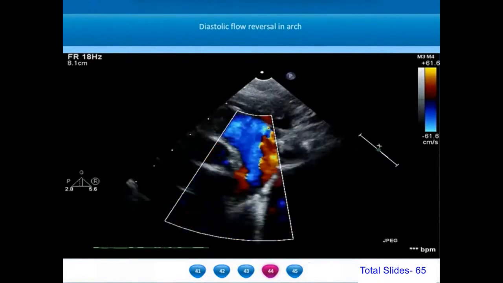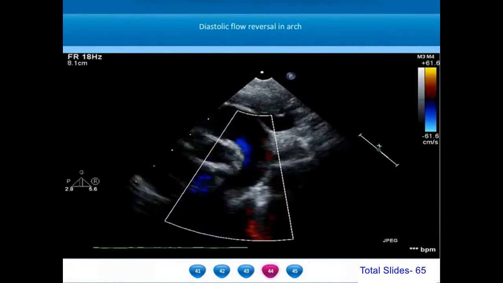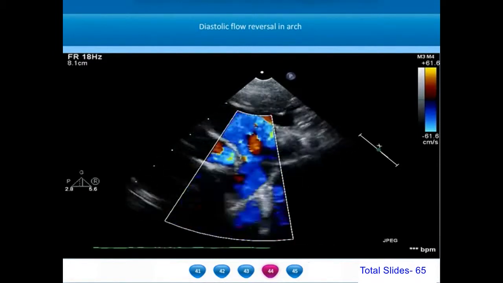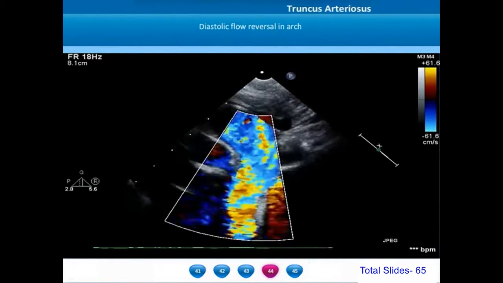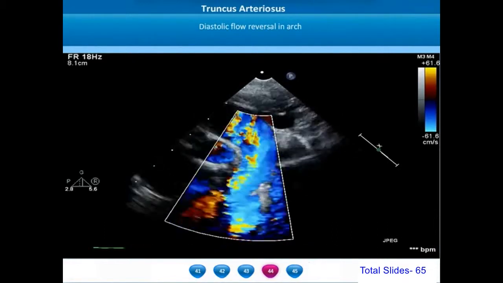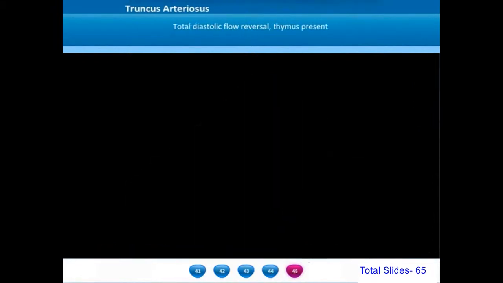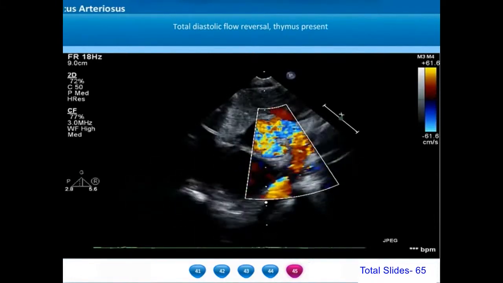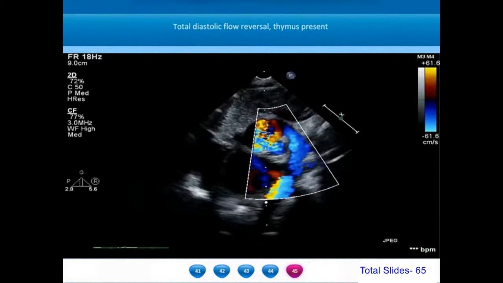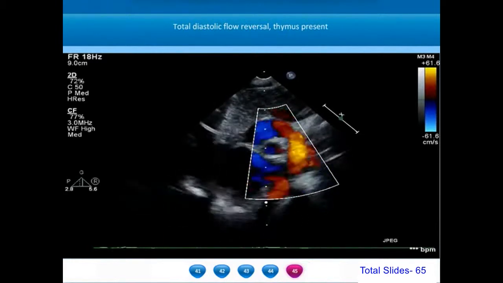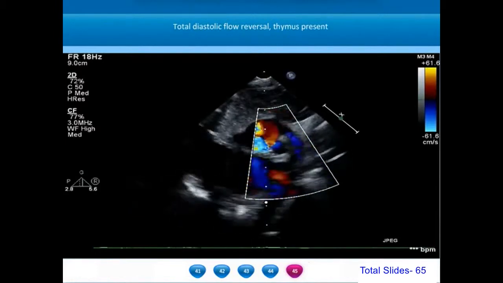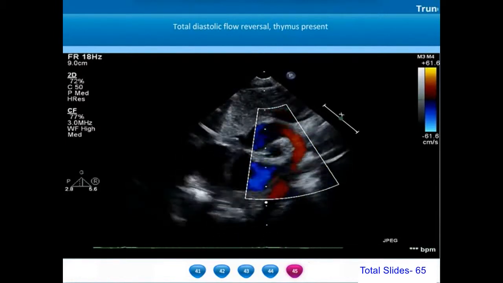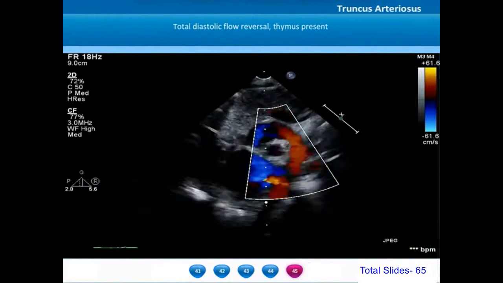However, we should exclude a significant truncal valve regurgitation. The diastolic flow reversal in arch can also be due to truncal valve regurgitation if there is a severe truncal valve incompetence. Whenever the pulmonary vascular resistance is very low, we can appreciate a lot of diastolic flow reversal from the entire aorta. From the suprasternal view, when we visualize the aortic arch and its branches, we have to take a look